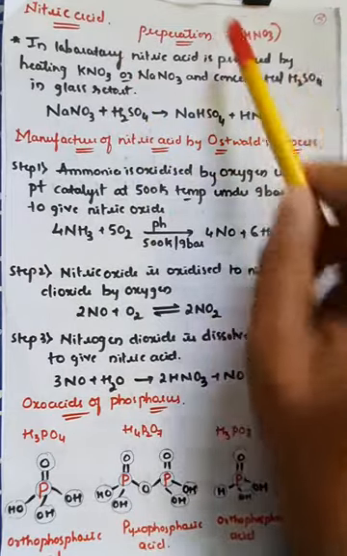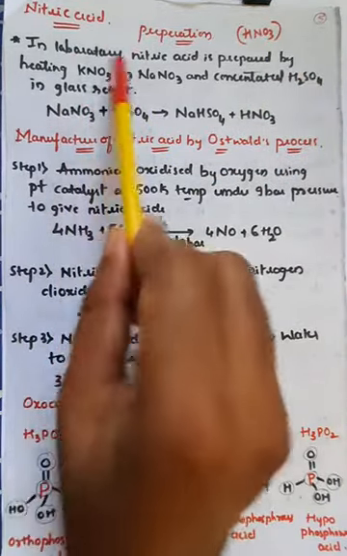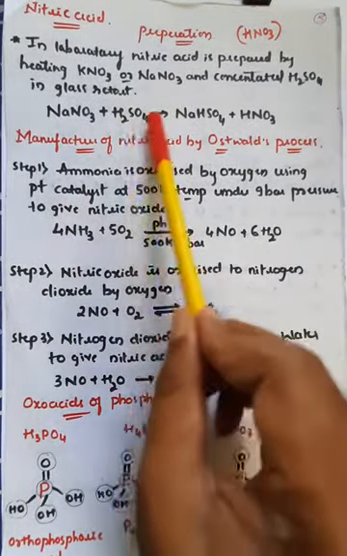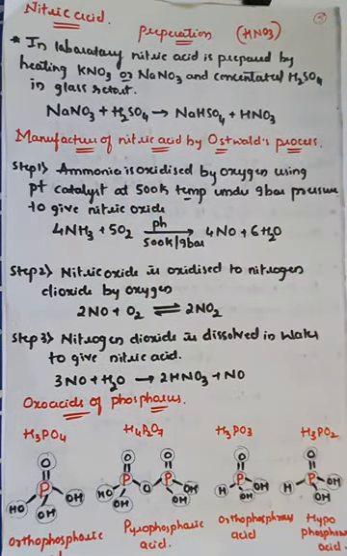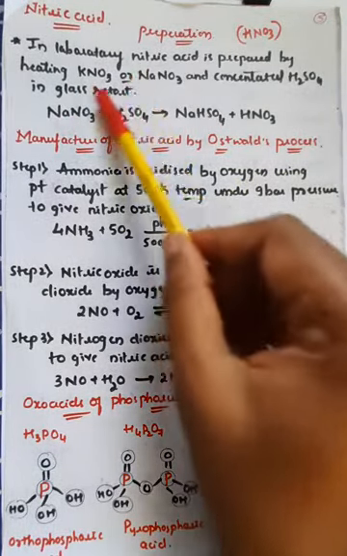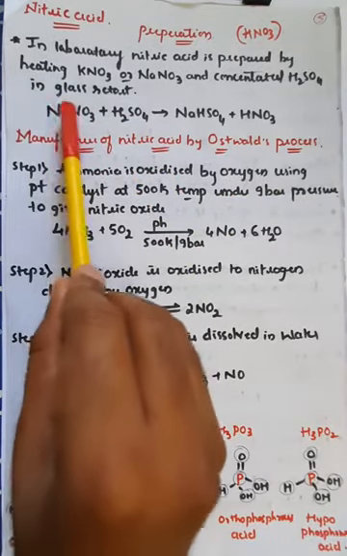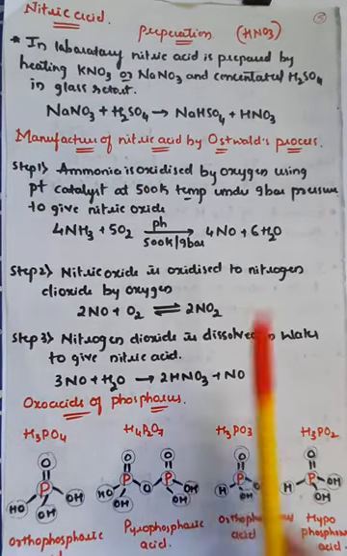So HNO3 can be prepared by reacting sodium nitrate or potassium nitrate. You can take sodium nitrate, you can take potassium nitrate. Along with that, you react this with concentrated sulfuric acid, H2SO4, in a glass retort, right? So a glass container is generally called a glass retort. What happens, whenever the sodium nitrate or potassium nitrate mixes with concentrated sulfuric acid, it will convert into